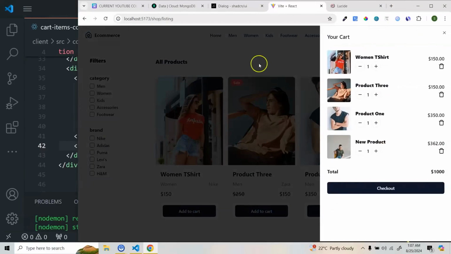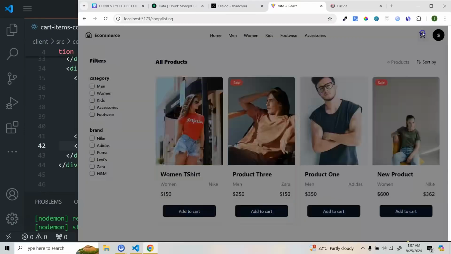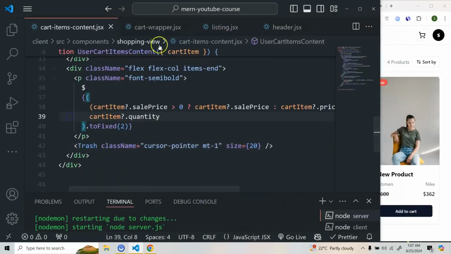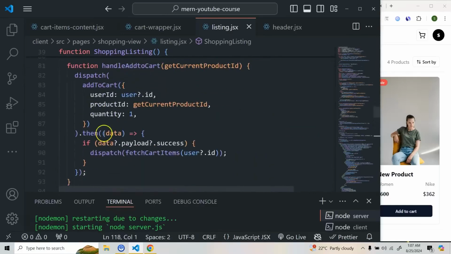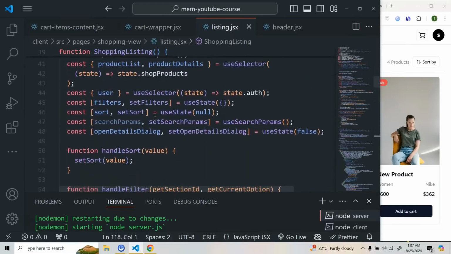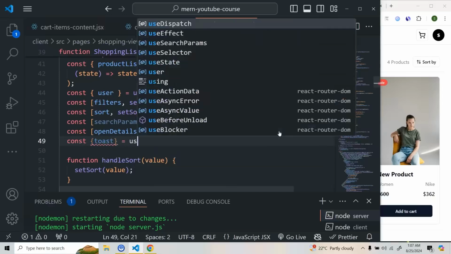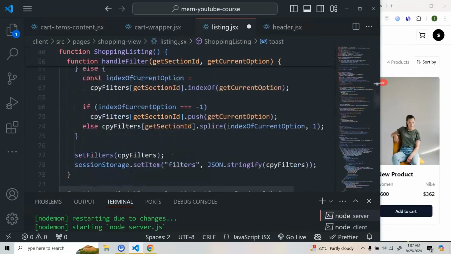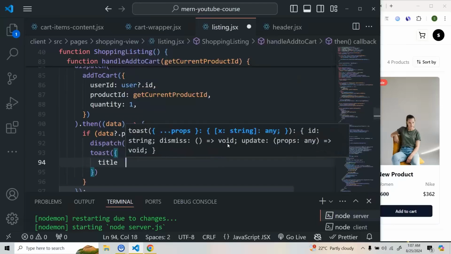Okay, now if you see, if I try to add one more, right, add here, let's go here, so you're getting 2. One more thing we need to do, and this is also very important, we need to go to the listing page, and where we are adding the cart item, right, so we're adding handle add to cart. So here let's add some toast component also. So here I'm going to add a toast, and we'll do use toast, and let's go to handle add to cart, and here we're going to show a toast, and also